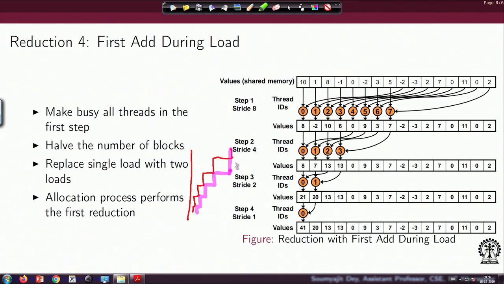Because I have increased the per thread activity here. So what I am now doing is launching a smaller number of threads, and these threads are taking care of this part of the activity as well as the other activities.